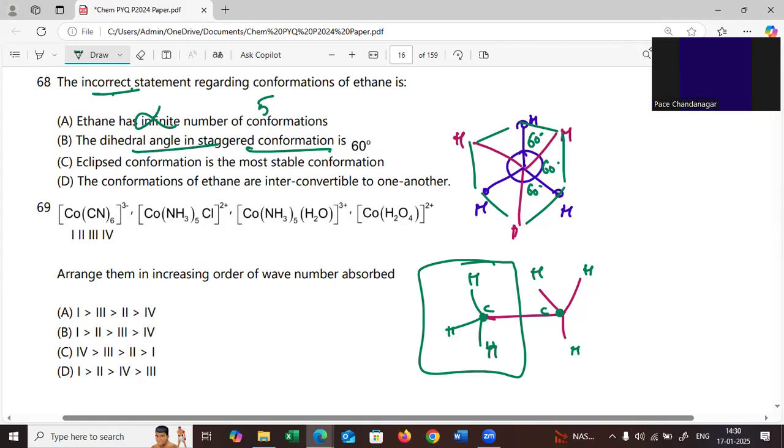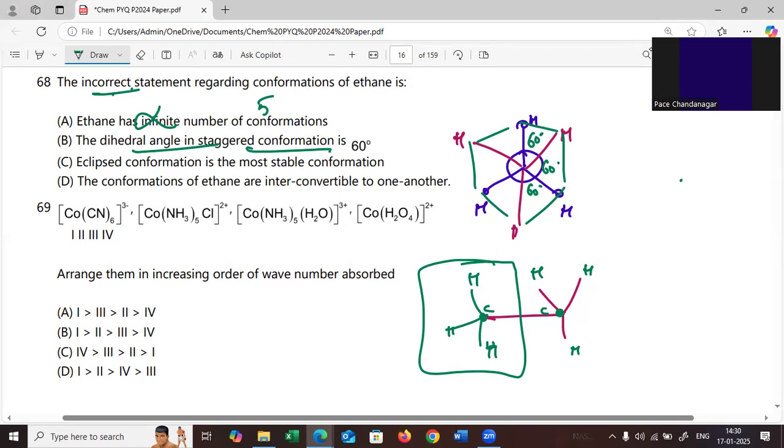So the 60-degree angle is called the staggered conformation, and that is the stable conformation, also called the anti conformation. So staggered is the most stable one. And eclipsed conformation is the most stable configuration. Yes,